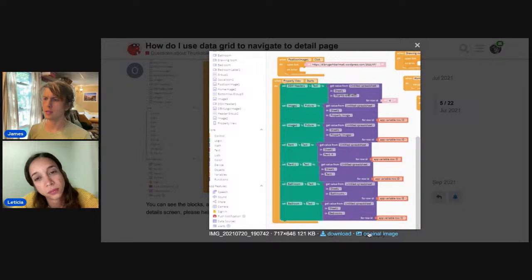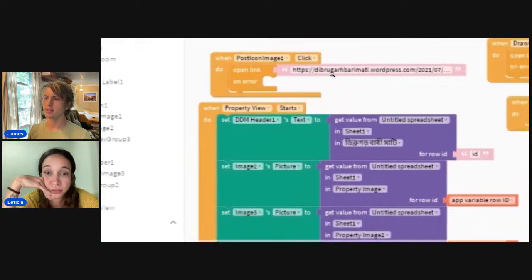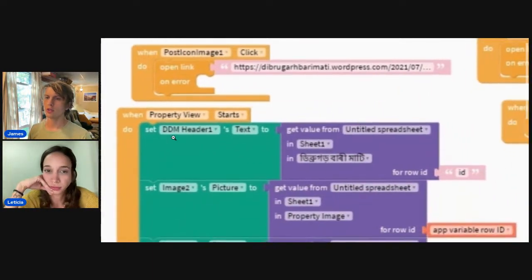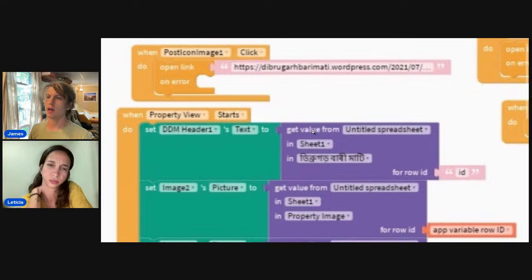this is a really low resolution image, but I can see what's happening. They're using set the name of the label's text to get value from the data source.